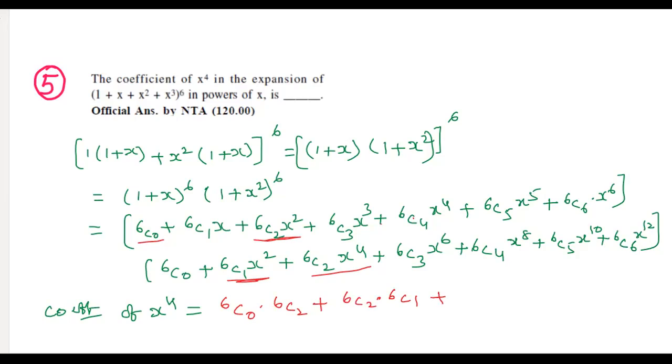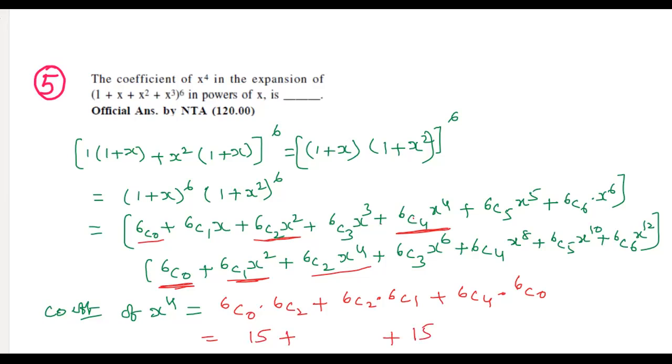Next, here x cube is there. Here there is no x term. X cube into x, x power 4. So in the second expansion there are no x terms, not useful. 6C4 x power 4 into 6C0, so multiply these two, we get the x power 4 coefficient, 6C4 into 6C0. Now what is 6C2? 6C2 is equal to 6C4, both are equal. 6C2 means 6 into 5 by 1 into 2. 2 3s are 6, 5 3s are 15. So the first value is 15, the last value also 15.